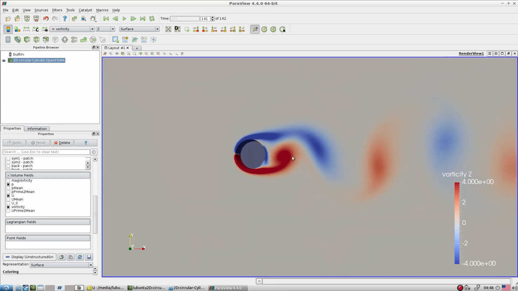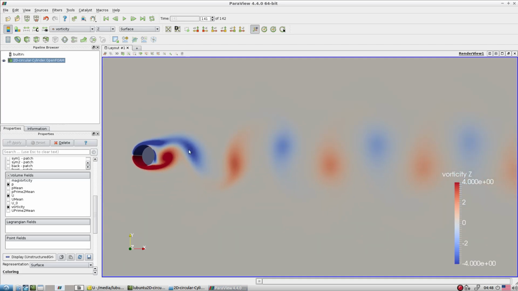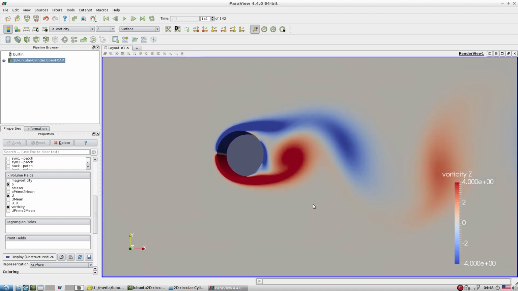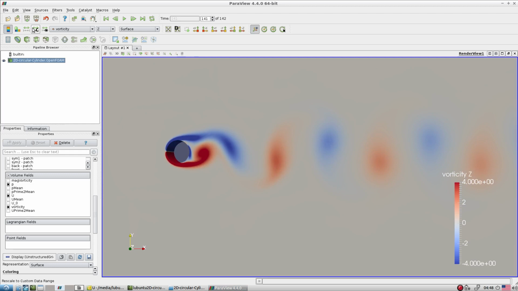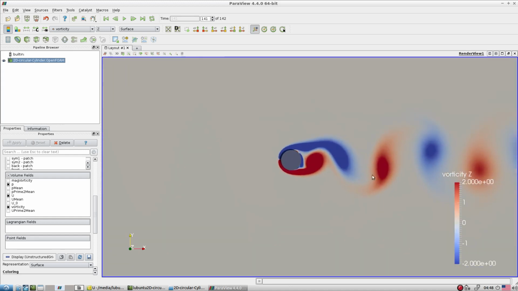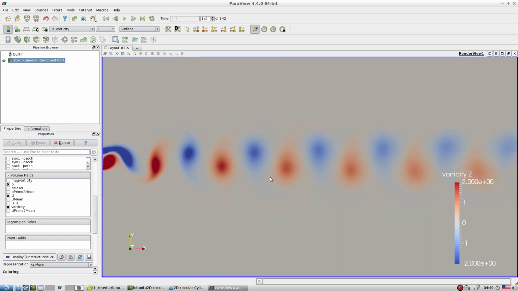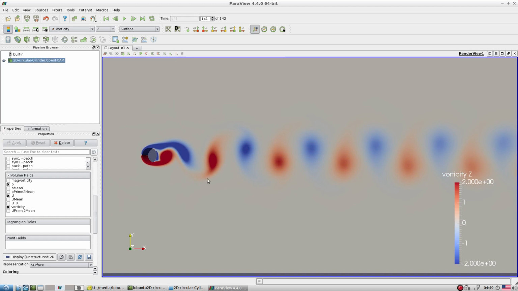Okay, so if you do this vorticity calculation for all the backup files, then you can create an animation out of this vorticity as well. When you work with the vorticity, you have to rescale based on the max and min value, so that will give you very nice outputs. Like that, you can work with different post processing with the help of ParaView. So I suggest you try to run the case with a very fine mesh, for Re equal to 10,000 or so, and then try to compare your result with the open literature.